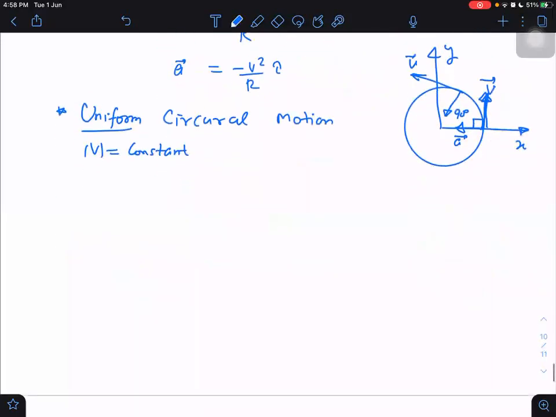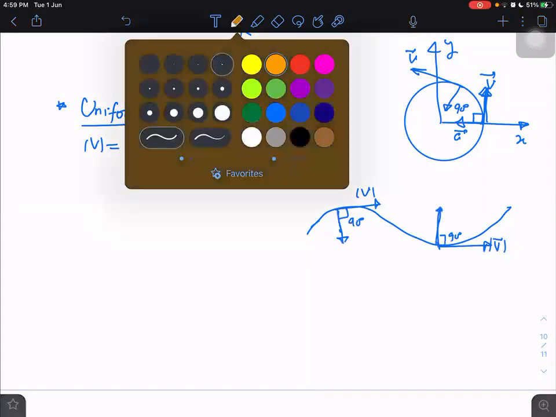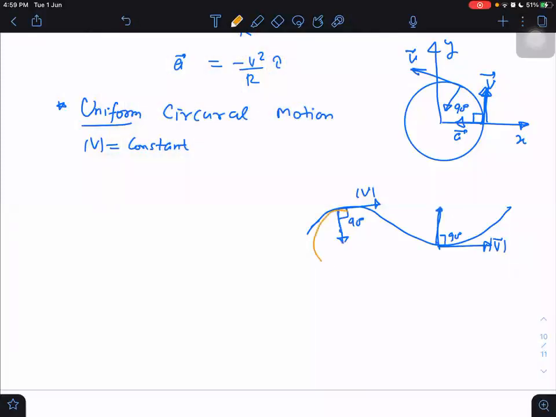I have discussed this a week back: in any curvilinear path, when the speed remains constant, then acceleration will not be making an acute or obtuse angle, but it will be making a 90-degree angle with velocity at any place. If speed is constant, then what angle will the velocity vector make with acceleration? 90 degrees. And what will be the value of that acceleration? It will always be v square by r, where r will represent the radius of curvature, in such cases when there is no circular motion.